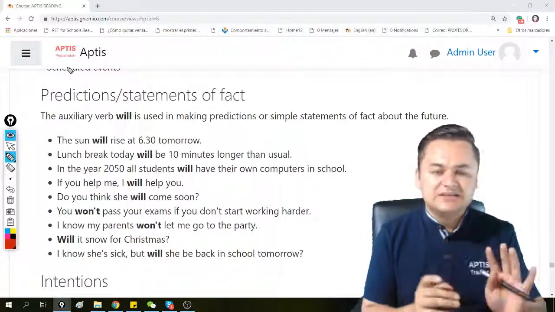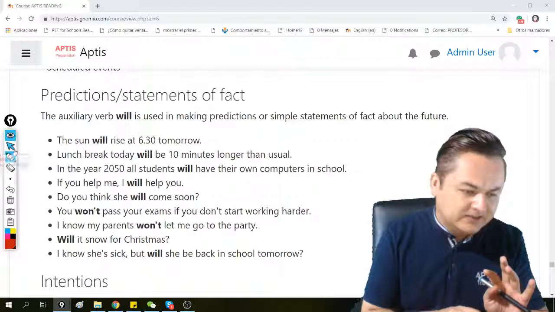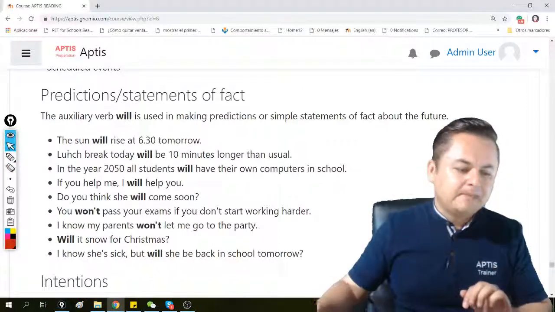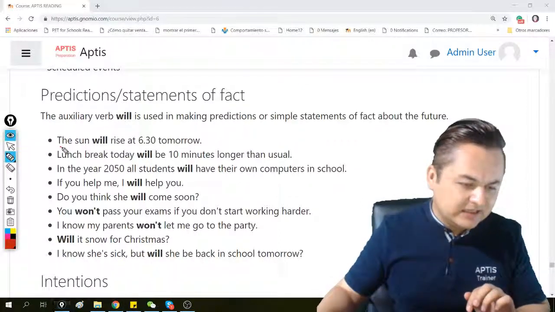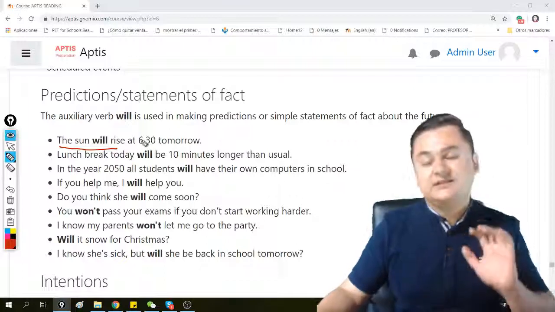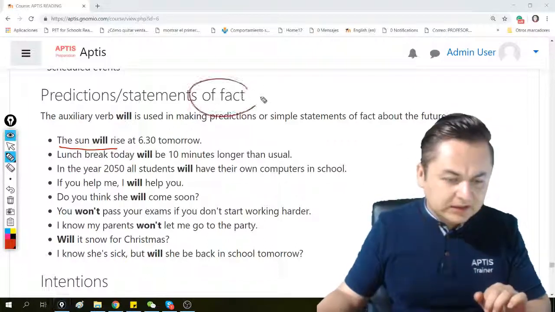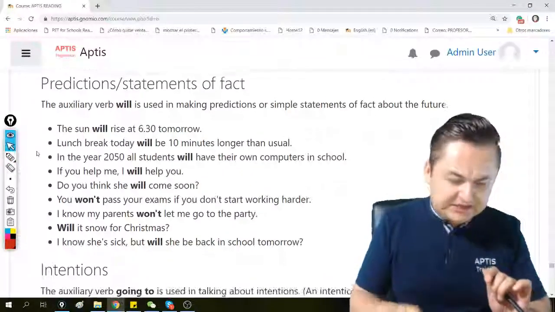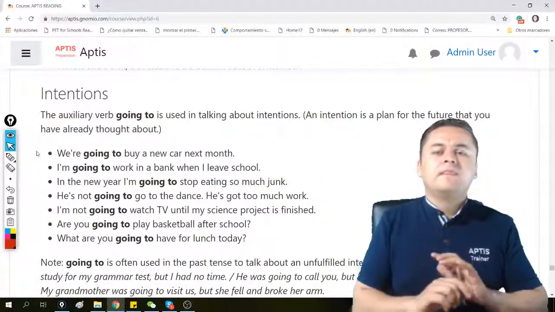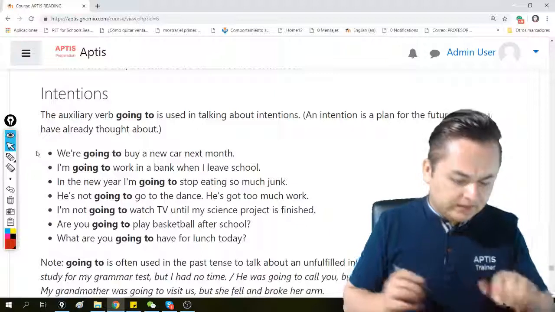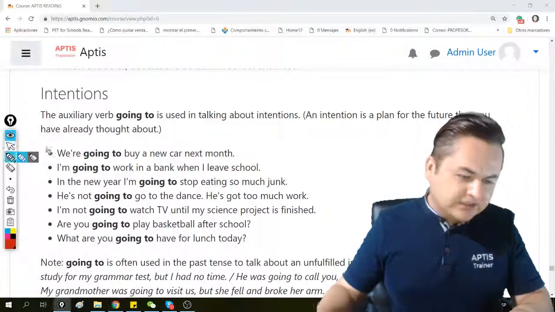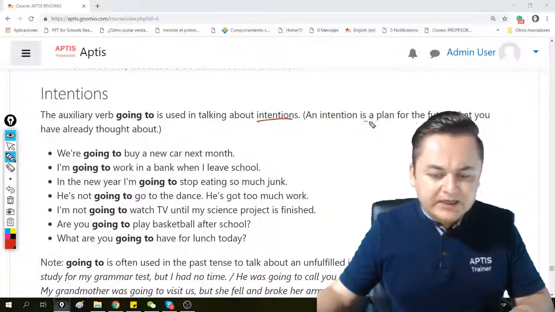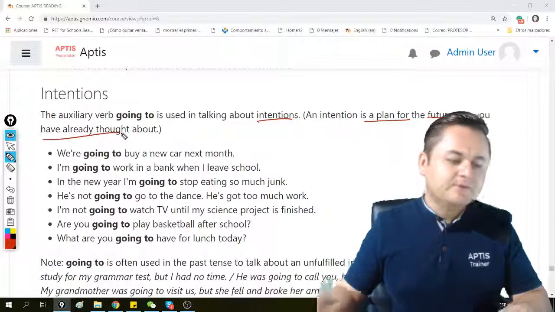So, in these sentences, in these statements or facts, if I say, for instance, that the sun will rise at 6:30 tomorrow morning, it is a fact. I am stating a fact. Then, intentions. So we can talk about intentions because an intention here is a plan in the future